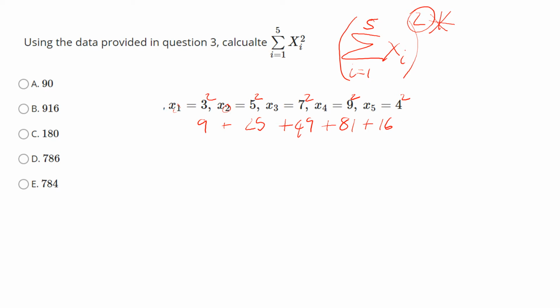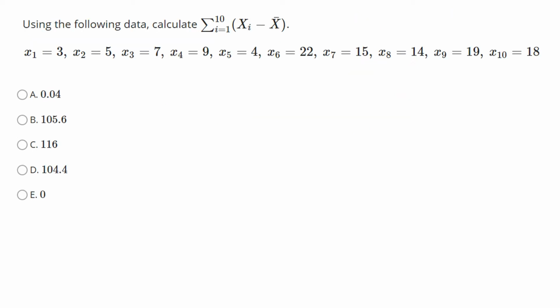Alright, let's move on to the next question. Another summation question. Here you're given some data, some values for x, ranging from x1 to x10, and you are asked to calculate the sum of xi minus x bar. Now this was somewhat of a trick question. Some people in fact went ahead and did the calculation, but of course in this instance it is not necessary